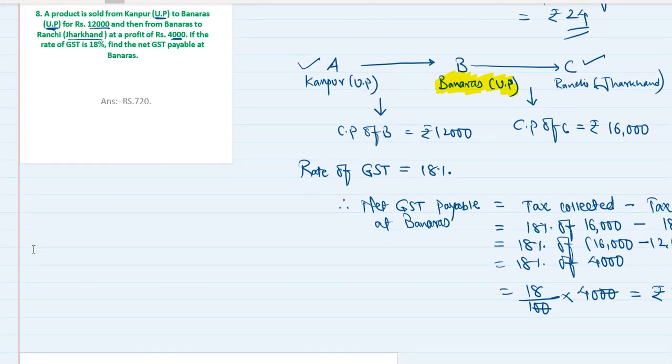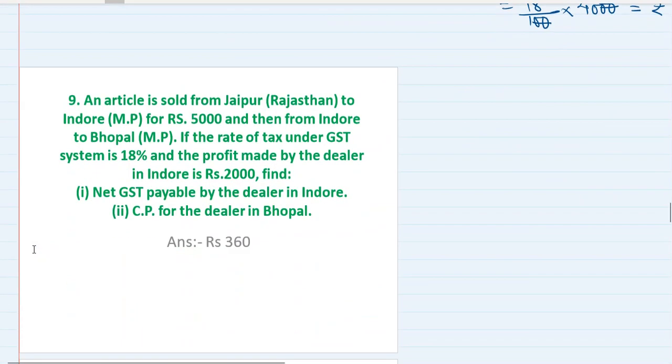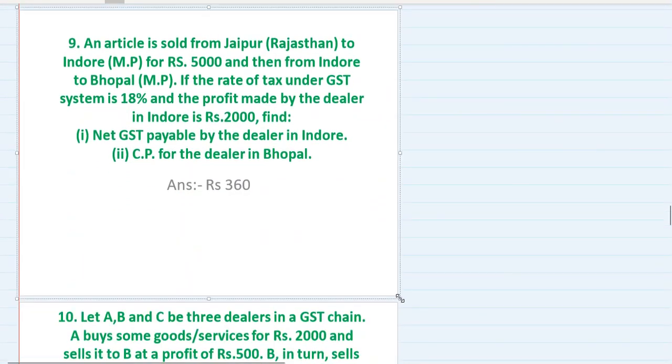So always remember that if you make the chain of the commercial chain, whichever is mentioned in the question, that the product or goods or services are going from A to B to C, then the whole picture will become very clear, and you will know that at each link of this chain, what is the cost price, who is buying what at what cost, right? If you mention that, then it is very easy to find out. Correct? Let's go to the next question.